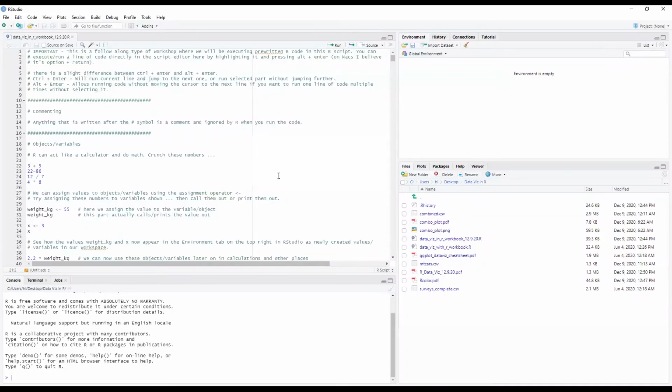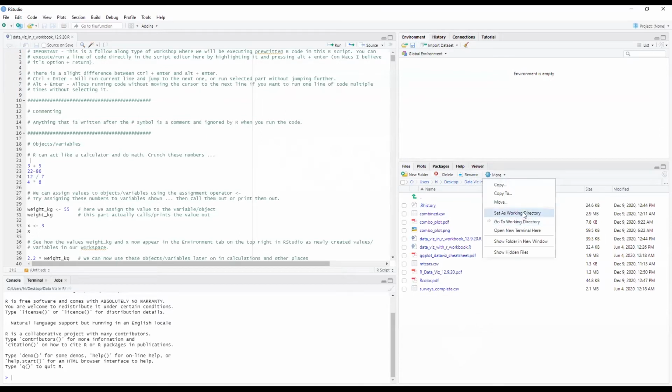RStudio here. So this is what I have. When I double clicked the R script file, it looks like this. The script file is right here. Hopefully everyone has something that looks like this. I already have my working directory set correctly, but you might not have it set correctly. It might not be an issue. If it is an issue, let me know.